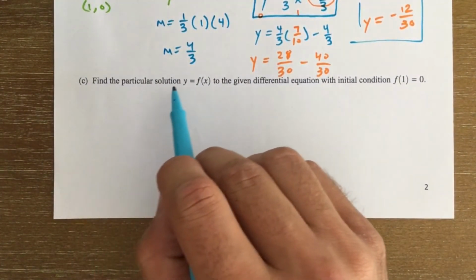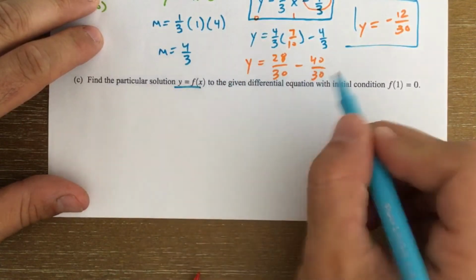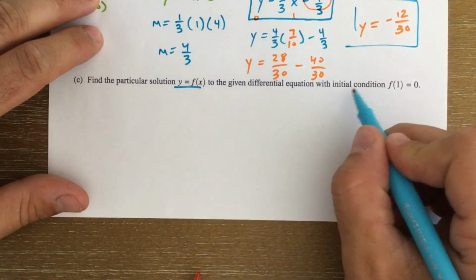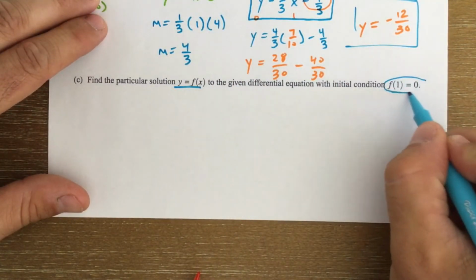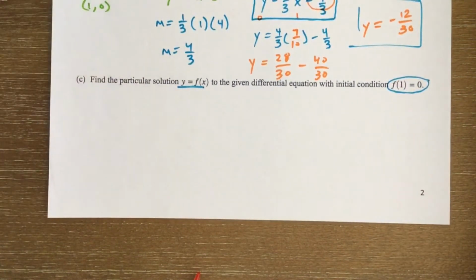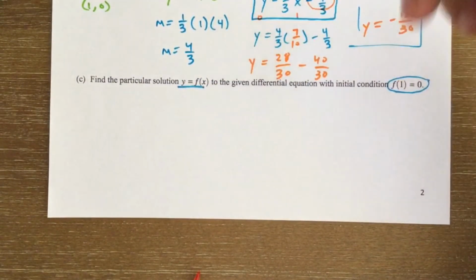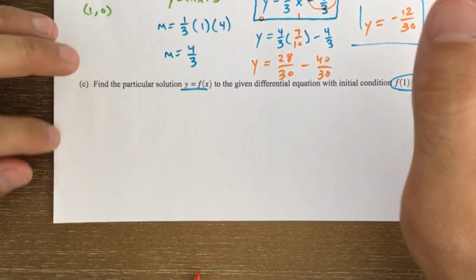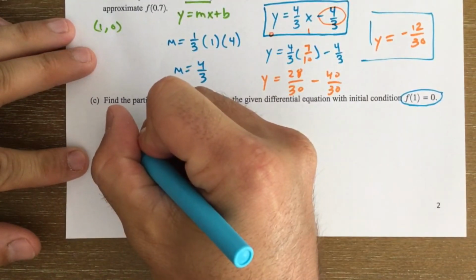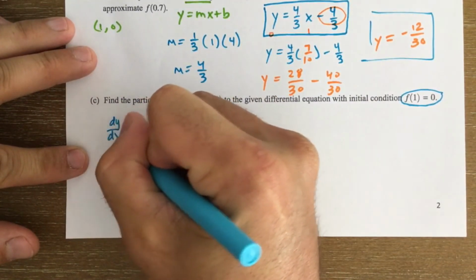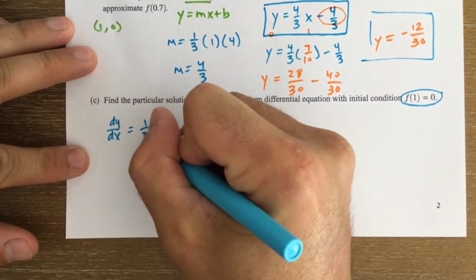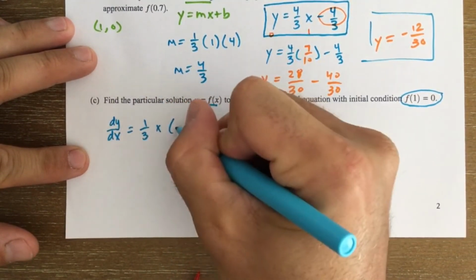All right, last one. Find the particular solution y equals f of x to the given differential equation with the initial condition x is 1 and y is 0. So this actually is the question I was expecting B to be. They basically want me to take this thing, let me write it down, dy over dx equals 1/3 x y